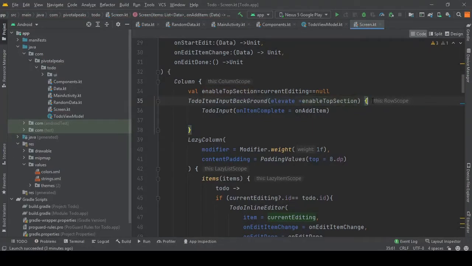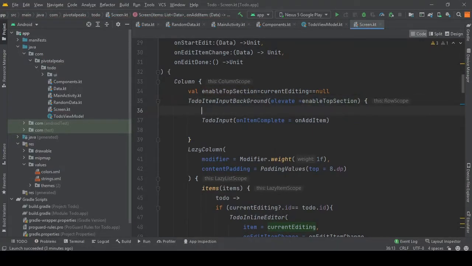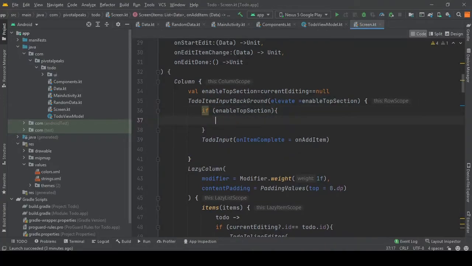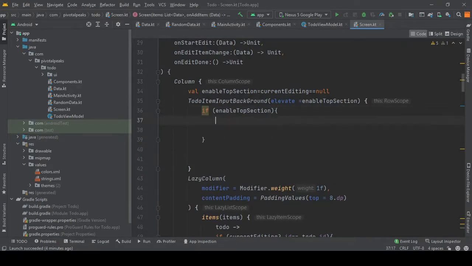Now here we will do an if else statement. So if enable top section, then we will show the to do item input background. Sorry, not input background, the to do input. We will show the to do input, this one. So we will just cut it and paste it inside this.